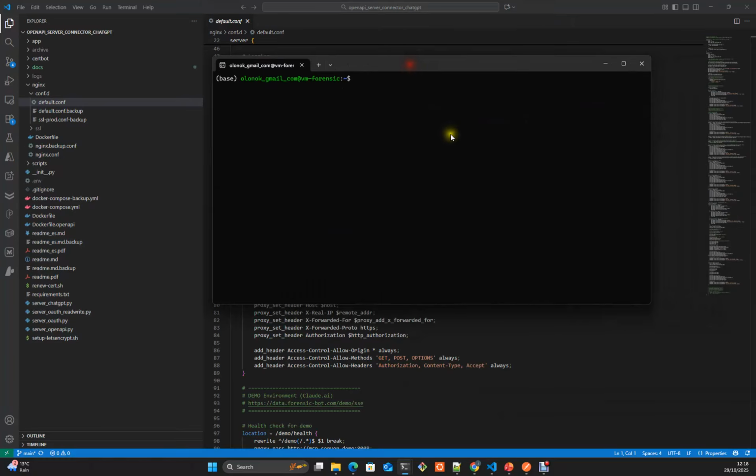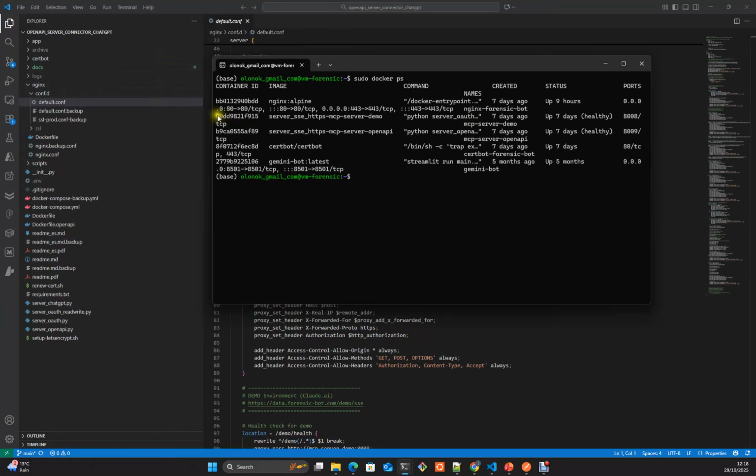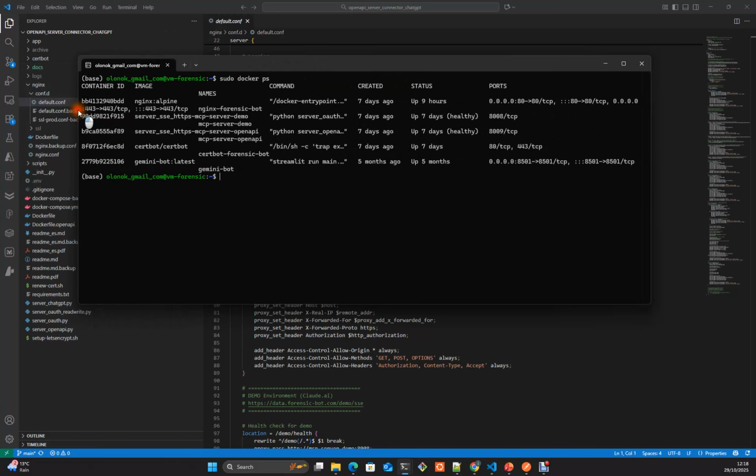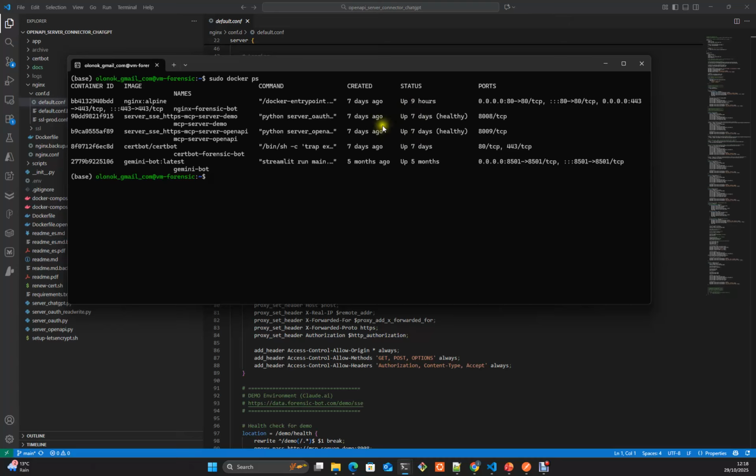So here we are connected, and here you can do a sudo docker ps. So we have here some of the containers for this implementation.